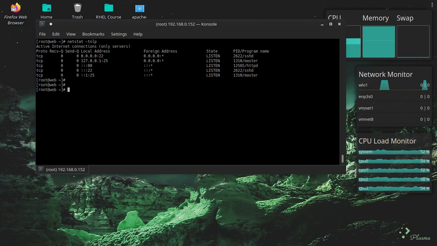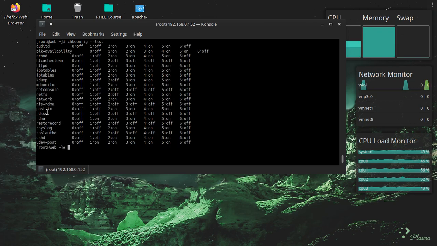Now one more thing we have to do is enable the service so that whenever our server reboots, we don't have to start the service again and again. So we'll just do a chkconfig, which means check configuration, and we'll do on. What it basically does is, if you do, let's say, list this,